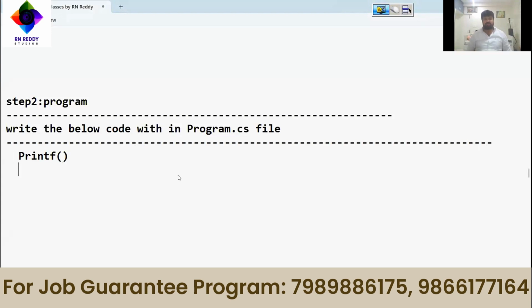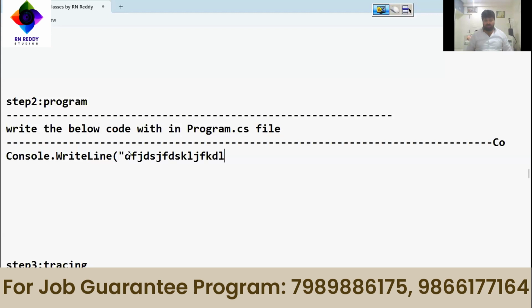Printf. Yes or no? The brother of printf in C#.NET is, what is that, you know? Console.WriteLine. Console dot, what is that? WriteLine. Whenever you want to print something in C#.NET, you have to write a statement called Console.WriteLine. This will print the given value, whatever it is. So this line, what is console, what is write line, what is semicolon, I'll explain, but this line you have